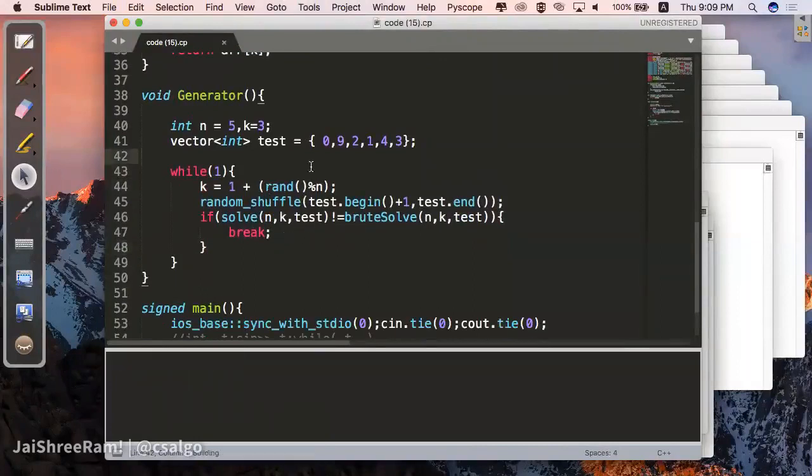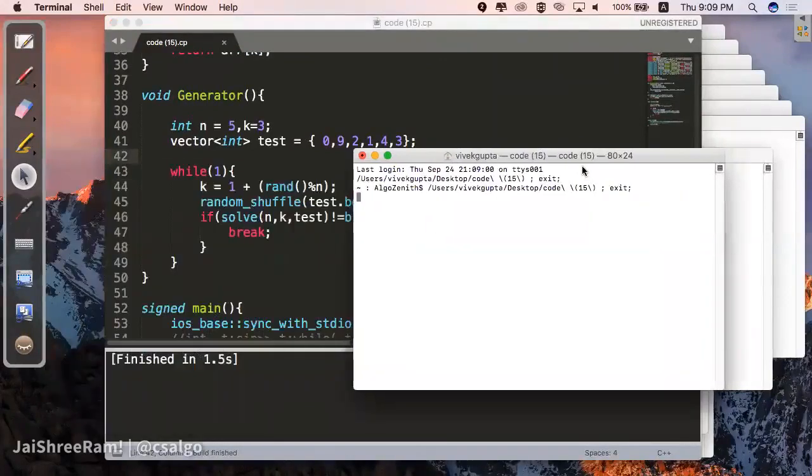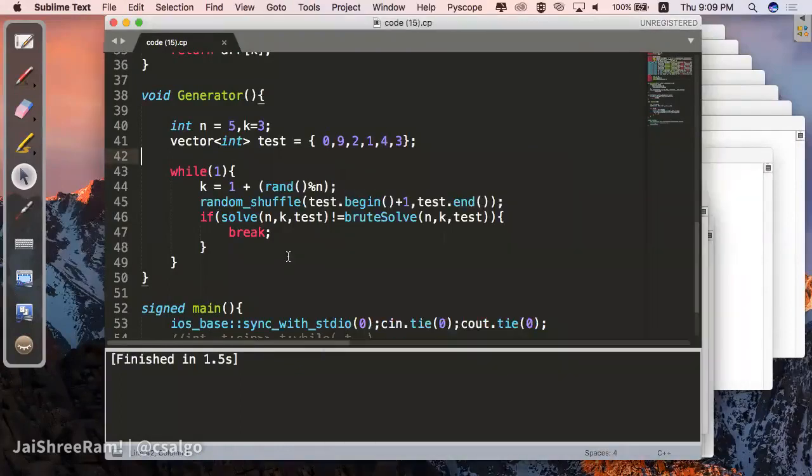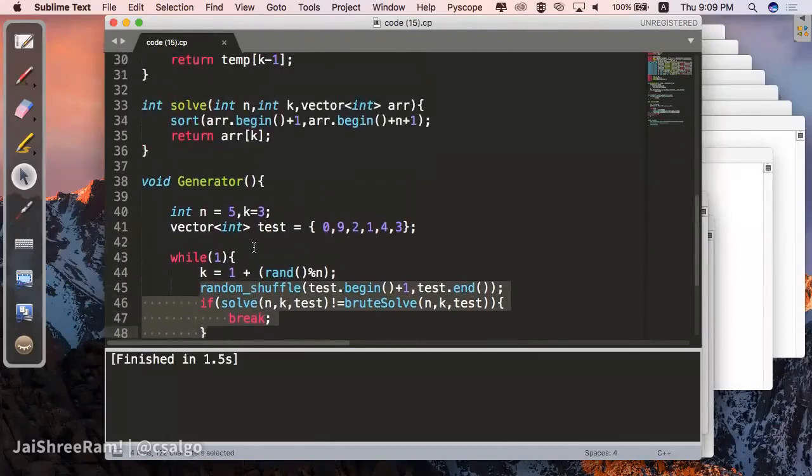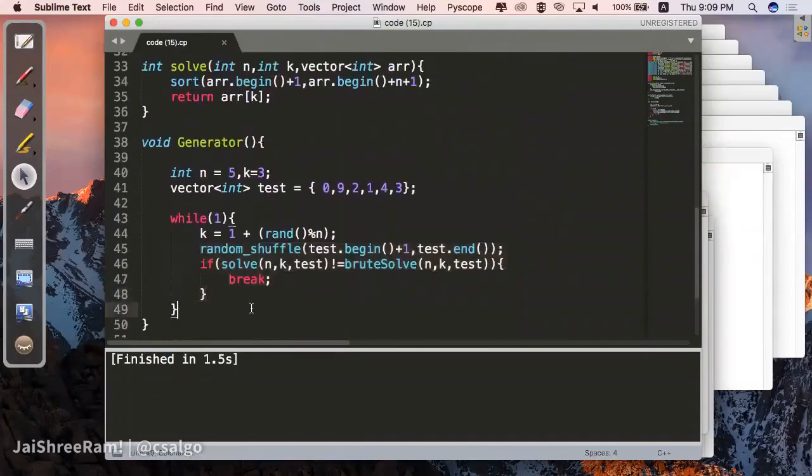I will just run this one again, and I will see that my code is running indefinitely. It's not failing on any test case, right? That means my code is not able to find any test case where I'm getting a wrong answer. That means it's most probably right, right? This is how you can test that your code is running correctly on a lot of test cases, or you can also find which case your code is actually failing on. And apart from that, you can also look into how these things are generated.